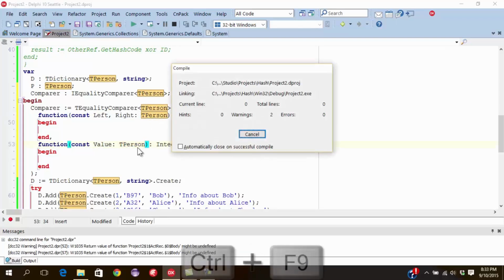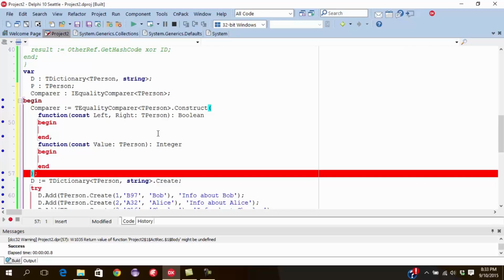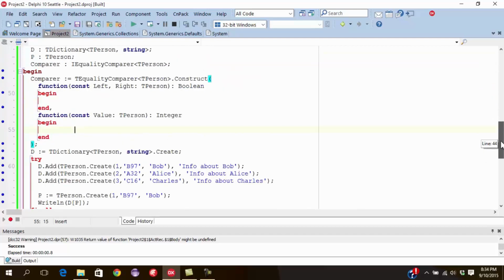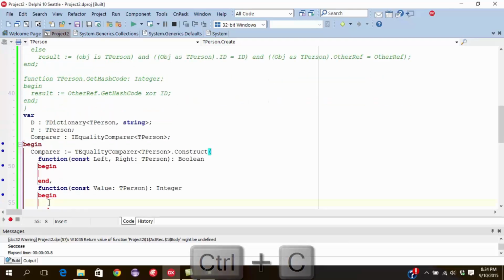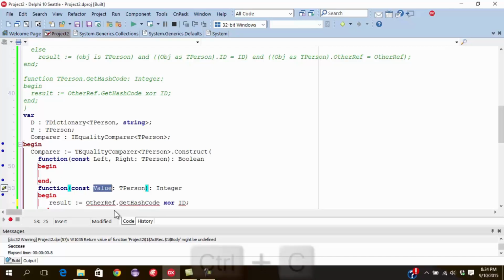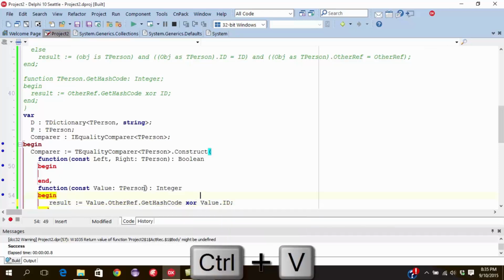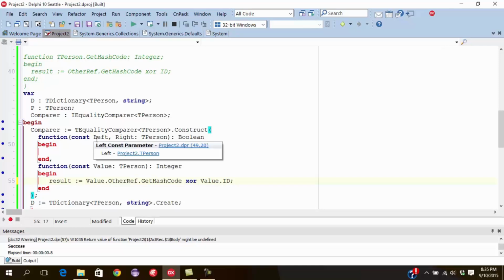In fact, we can compile that and test that we have indeed got everything right, and our body might be undefined. No surprises there. Implementing these functions is quite straightforward because we've done it already. Just copy that and throw that in there, and you can say value.otherf.getHash and value.id. So there's our hash function defined,